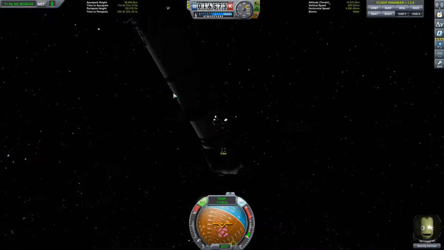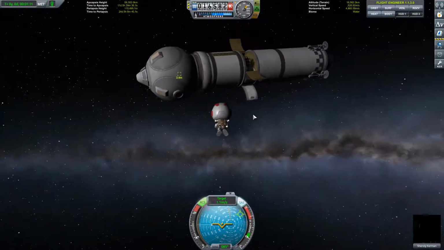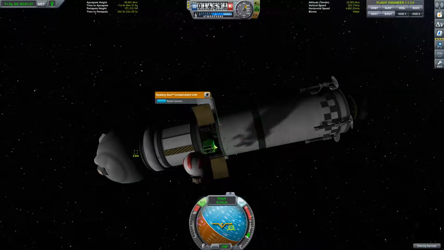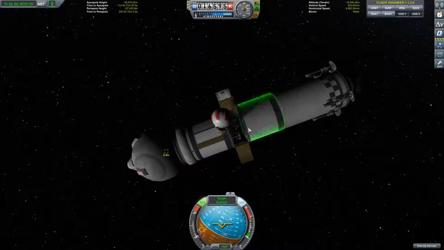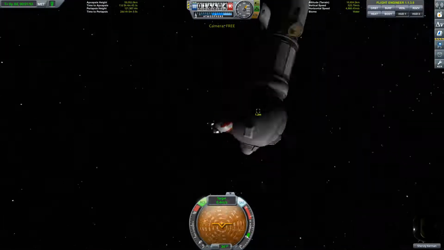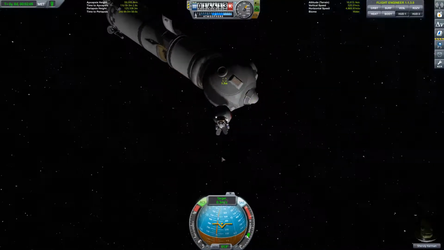Now, with the barometer and the thermometer, very hard to say next to each other, not gonna lie, you just collect the data and you're able to do the experiments again. So, yes, what we do is we reset all these experiments, take the data, go back onto our command pod, or try, and try, and try,